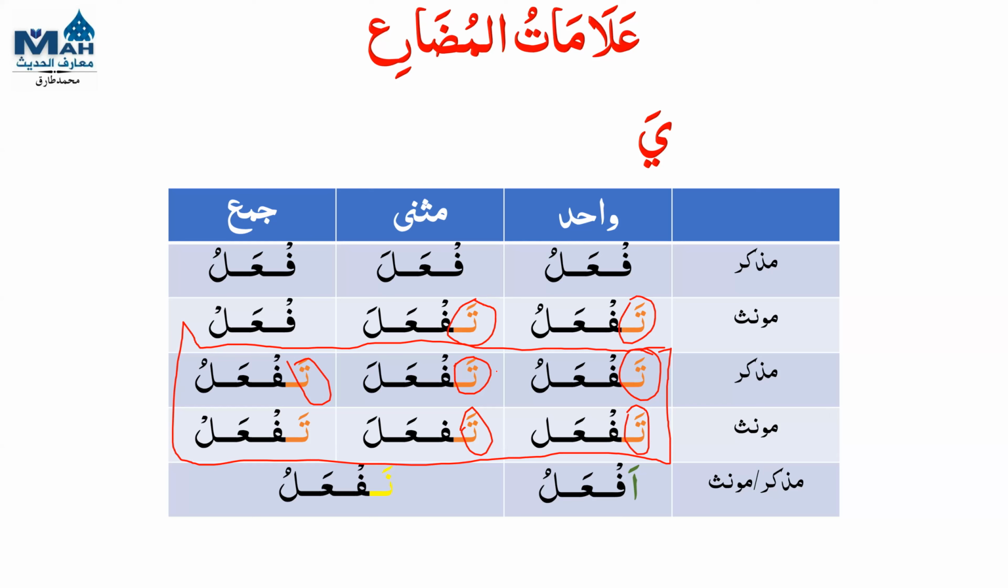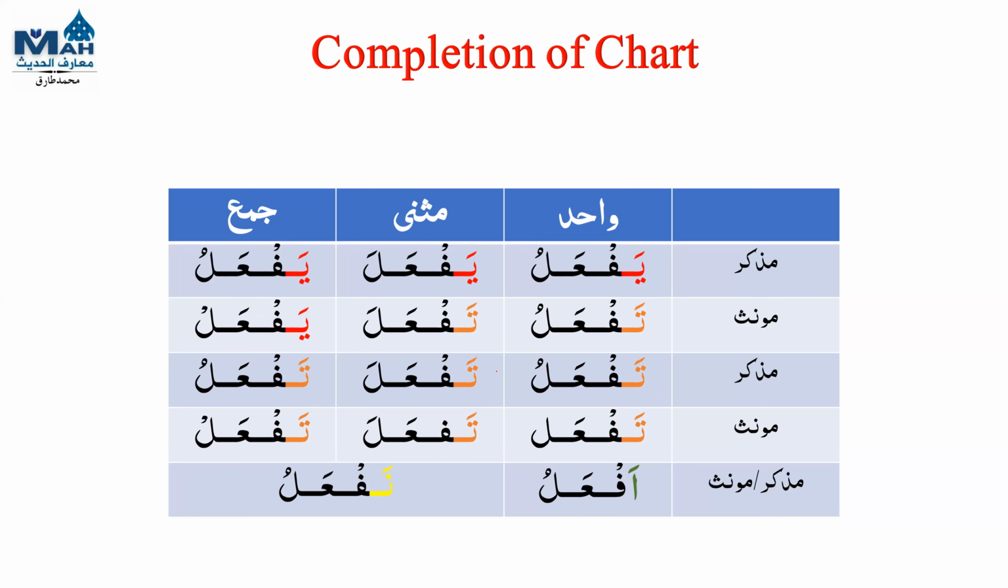So we'll deal with the ya now, where the ya goes. Okay, remaining 4 have ya in the beginning. Ya for Wahid Muzakkar, ya for Muthanna Muzakkar, ya for Jam' Muzakkar Ghaib, and ya for Jam' Muannas. So these 4 have ya, 1 has noon, 1 has alif, and the other remaining 8 have ta in